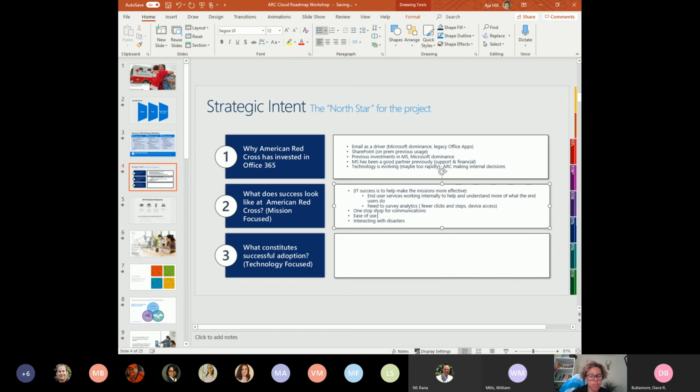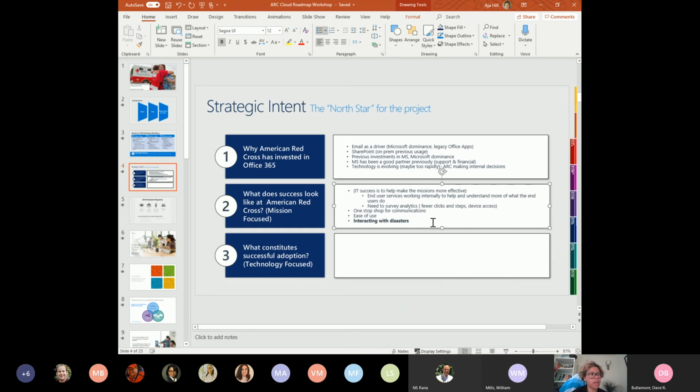Okay, thanks, Karen. I appreciate that, and I think the key thing that you hit on that really talks about what they're focusing on is interacting with disasters. At the end of the day, they could care less what tool they use. Obviously, they're not using the Microsoft tool; they're using another one because they have a job to get done, and that's interacting with disasters. Whether they use a Microsoft tool, WebEx, or Slack, it doesn't matter.